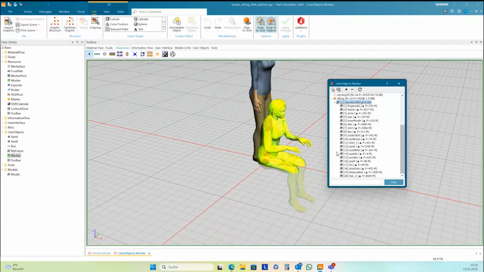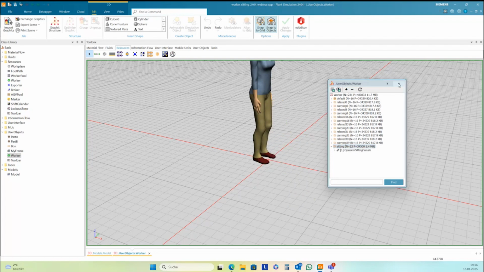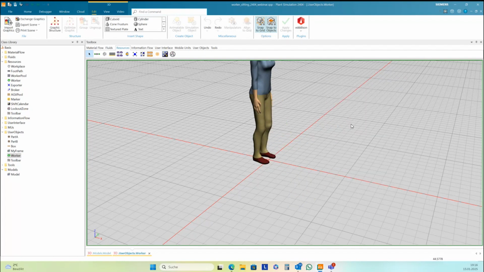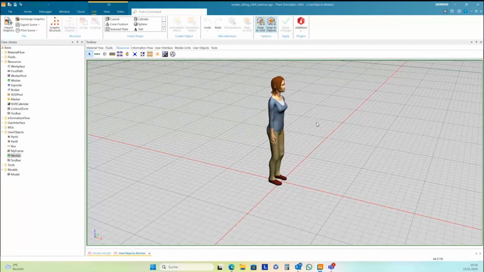You see here, this is this graphic I have imported now. Okay, you can make it invisible here, and now it's okay. These are the steps to import a graphic into a graphic group.